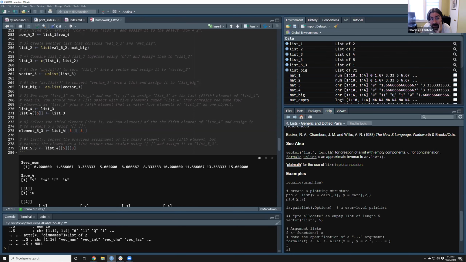If you want to assign something to the 5th position, for instance, of a list, you want to use the double square brackets here, saying I want the actual contents of the 5th element of this list. If you use single brackets, it says I want a list containing the 5th element of that list. It's a small nuanced difference. Single brackets return a sublist, that is a list containing the elements you're looking for. Double brackets return the actual object itself, not in a list. You can subset the same thing with and without double brackets and see what happens.